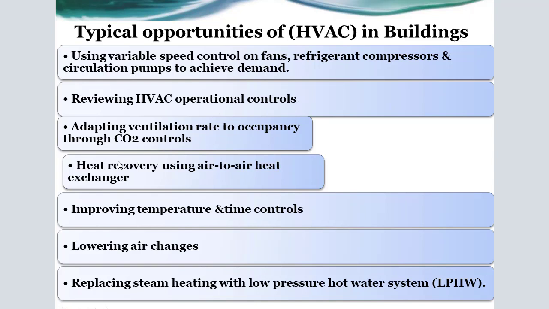Maybe by adapting the ventilation rate to occupancy through CO2 controls, by using heat recovery systems such as air-to-air heat exchangers, improving temperature and time controls, trying to lower air changes inside the buildings, and maybe also by replacing steam heating with low pressure hot water systems